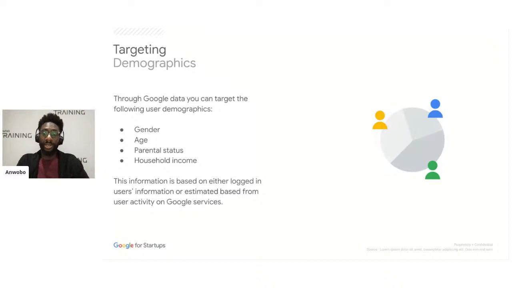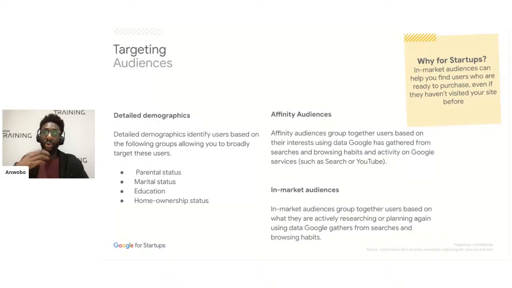Next up then, after we do our demographics, we have what we call audience targeting features. Audience targeting features are essentially, once again, ways in which Google can group users based on information they have gathered from them whilst they are signed in, and their activity across search, across YouTube, and the sort of websites they're visiting. Google can usually get a very accurate picture of who you are and what type of audience you fit into. One of the first things you can look at are what they call their more detailed demographics.